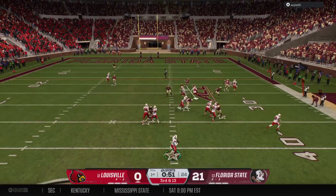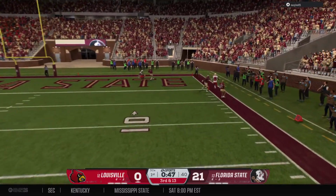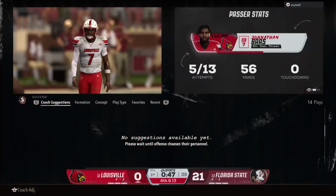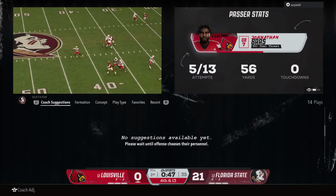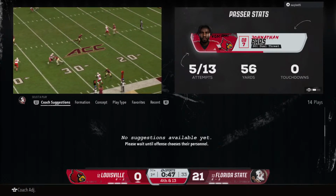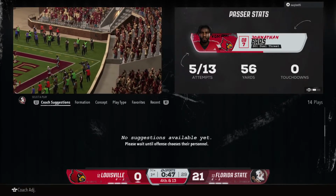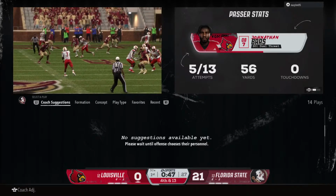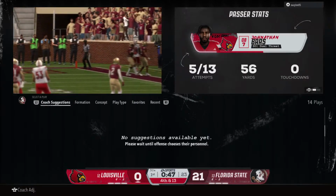On 3rd and long, he's going to have to turn one loose downfield. Going to take a shot at this DB. And it was worth the gamble, but the long pass is incomplete. Really nice 3rd down sub-defense there that time. It's 3rd and long. They're expecting pass. They're mixing up their looks. They're trying to change the picture pre-snap to post-snap to confuse the quarterback. Now forcing the incompletion, setting up the